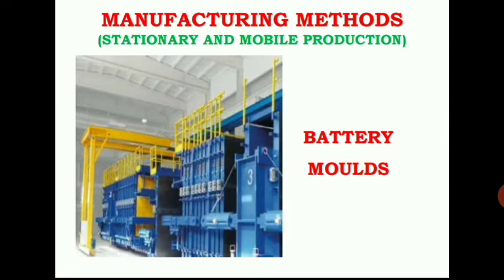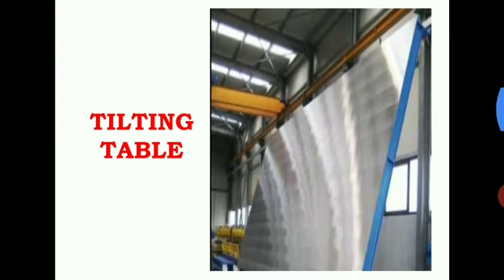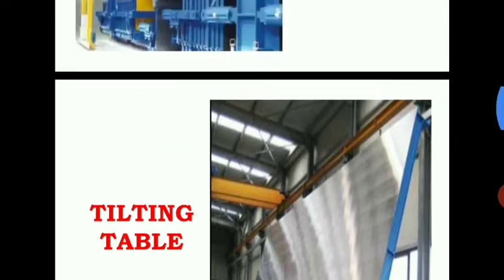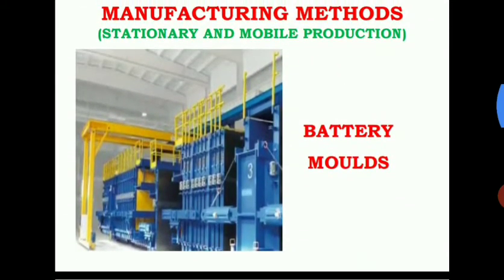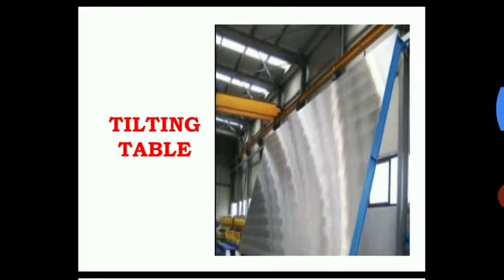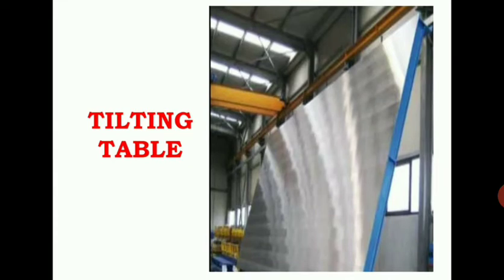And moving to the next part of the manufacturing process, that is the tilting table. These tilting tables are purely designed for the horizontal manufacturing of solid walls and large-area reinforced precast elements of different dimensions. The battery molds they have used especially for the manufacturing of vertical elements, and these tilting tables especially for the manufacturing of horizontal elements as per the design concepts given by the top management. And here we'll watch a small video clip of how exactly this tilting table is used.